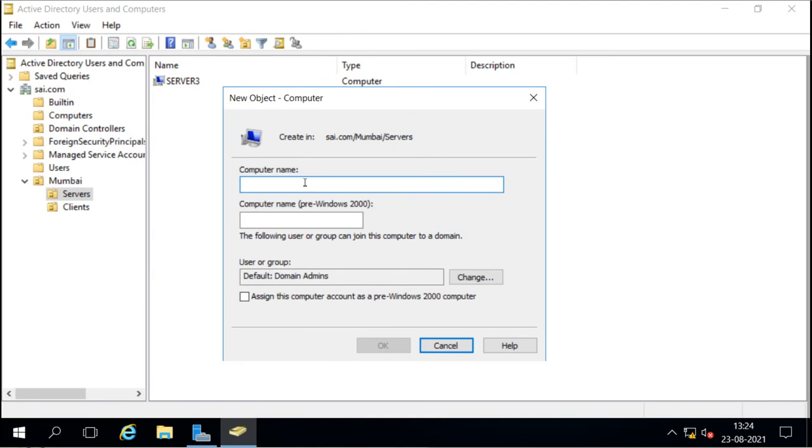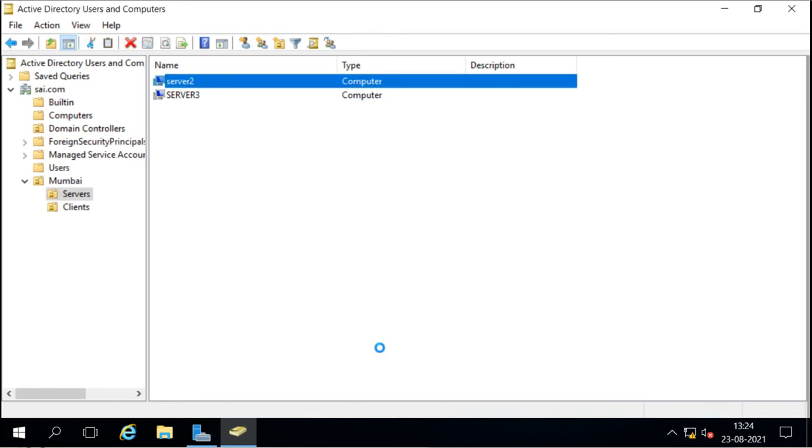This will be my server 2, and this is the user who can join it to the domain, which needs domain admin permission. I say okay, and nothing else we have here in options, so I will press OK.